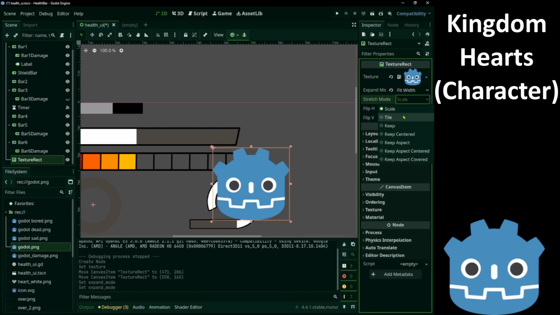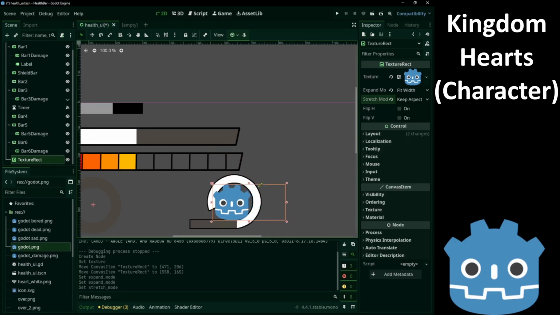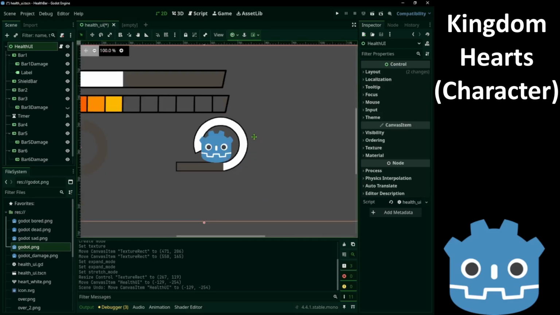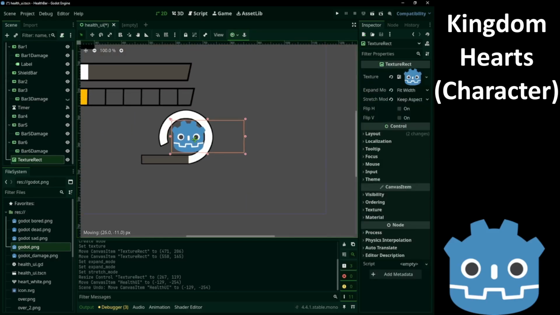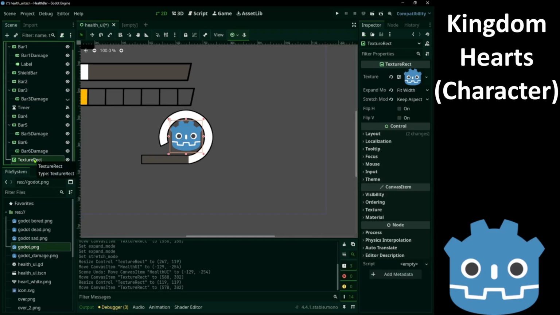Fit width. Keep aspect. Okay, looks good. Now we duplicate.